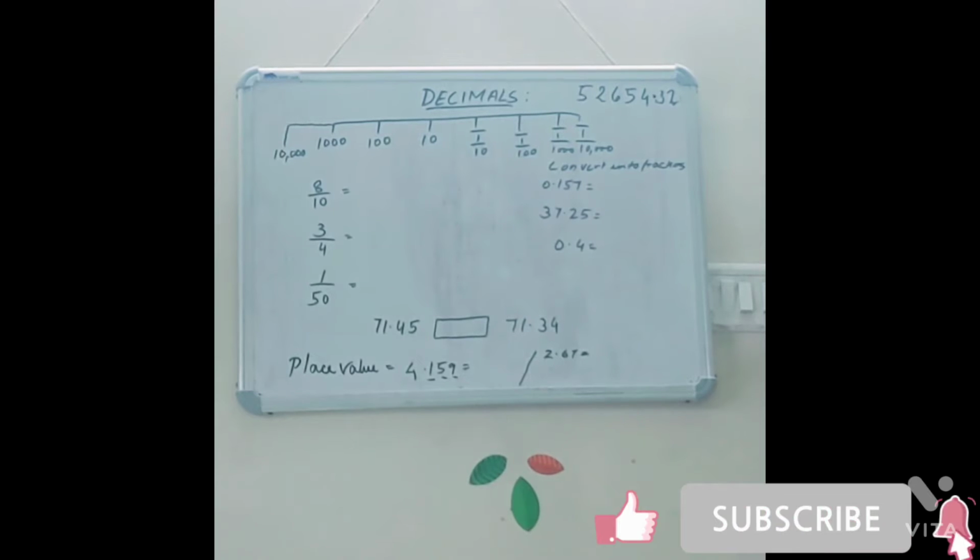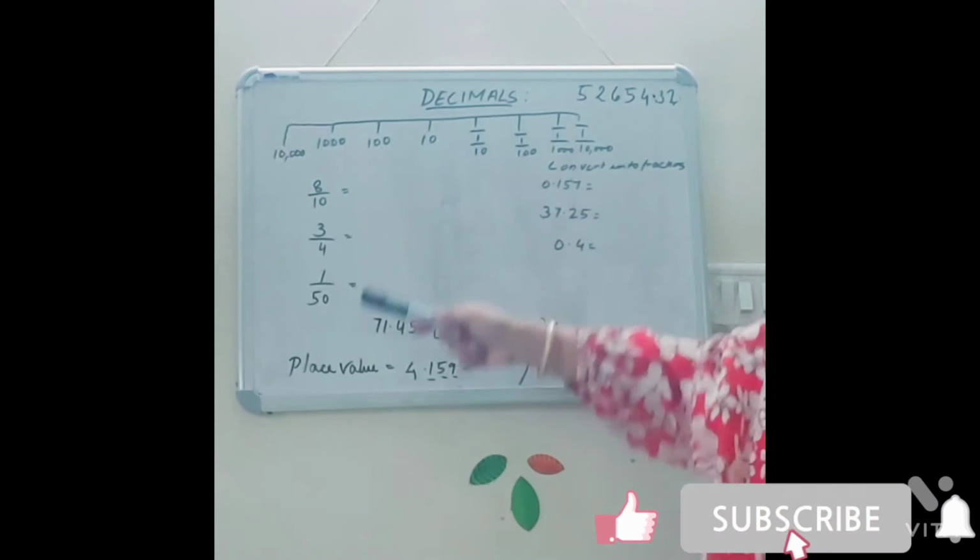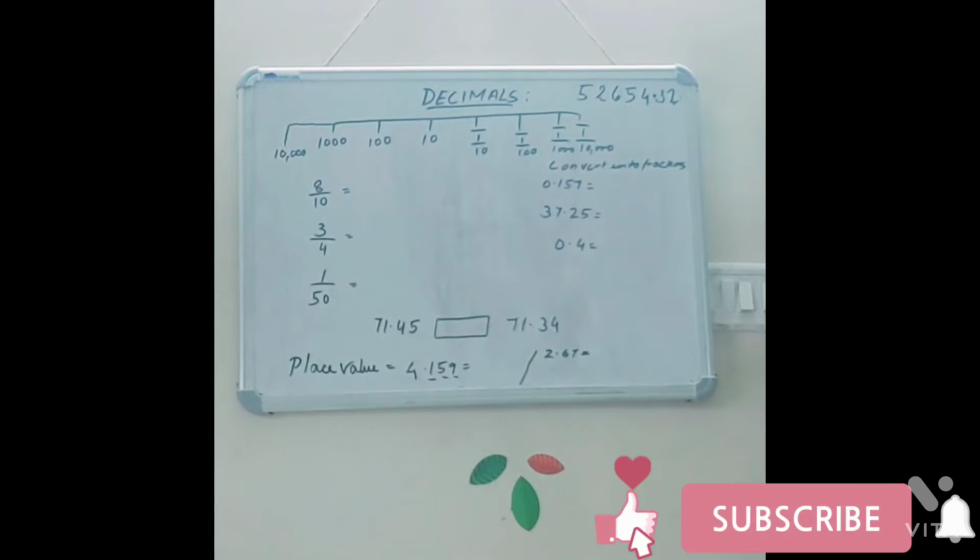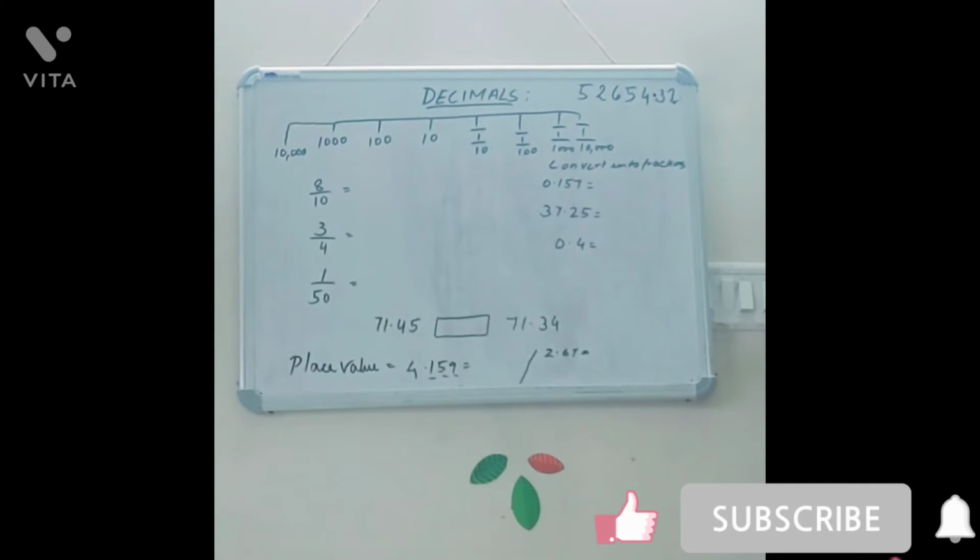Now, if we are supposed to convert fractions into decimals, how will we convert? Let me tell you first, to convert a fraction into a decimal, we need denominators of 10, 100 or 1,000. This is essential, then only it is easy. Or if we are not getting that type of denominator, then we have to do a normal division and we can take it out as a decimal. But if we convert the denominator into 10, 100 or 1,000, then it becomes easier to convert it into a decimal.